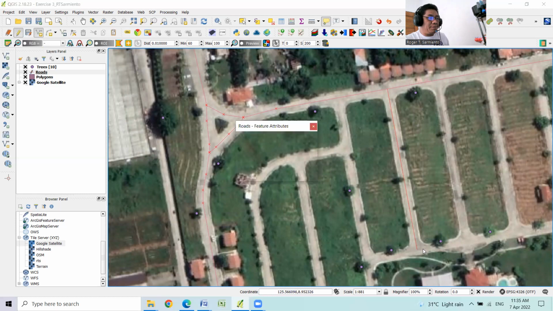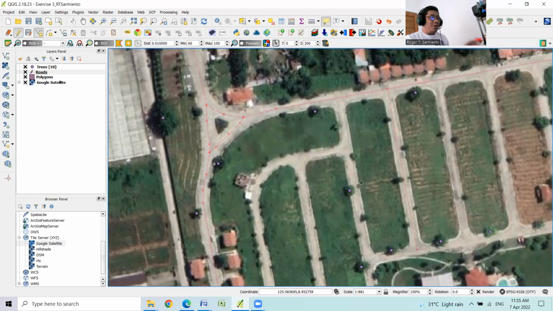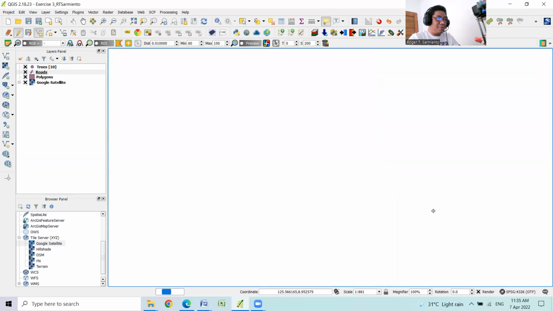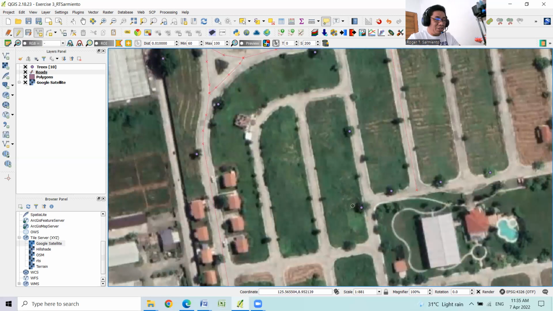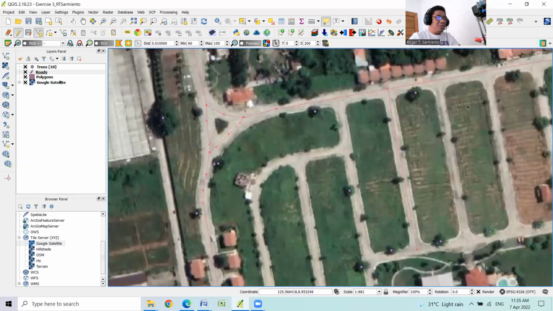Right click. 4. Okay. I will demo it, but for the rest, you will digitize the rest of the roads. So once you are done, you click save